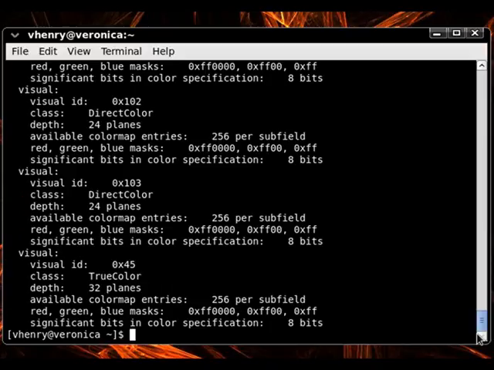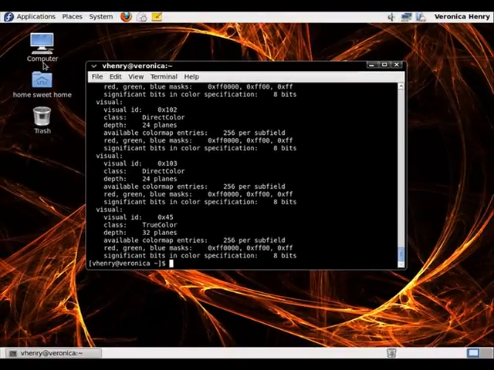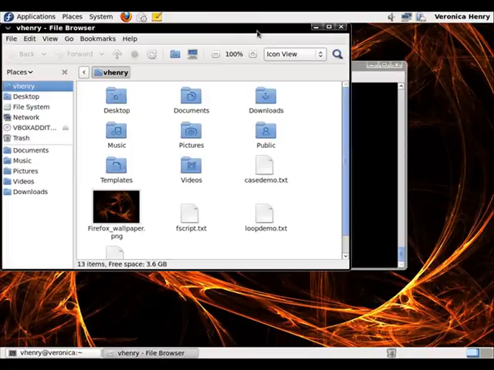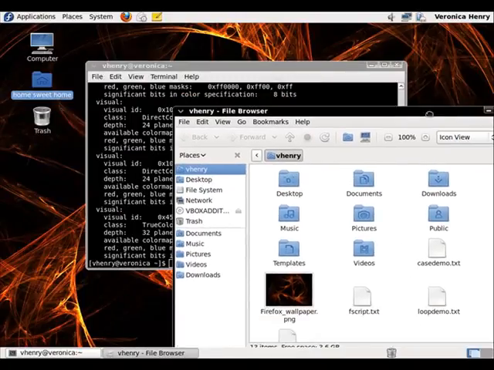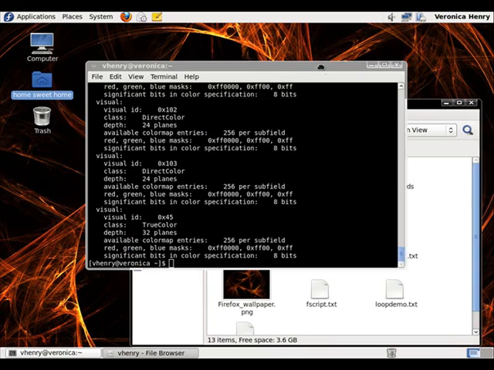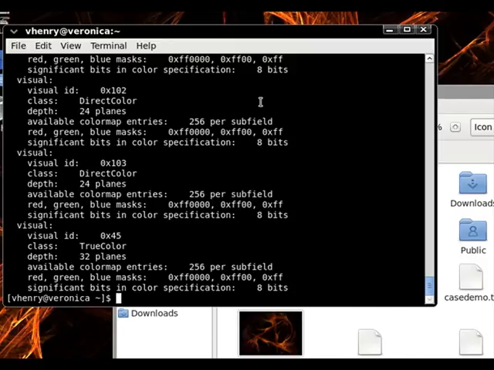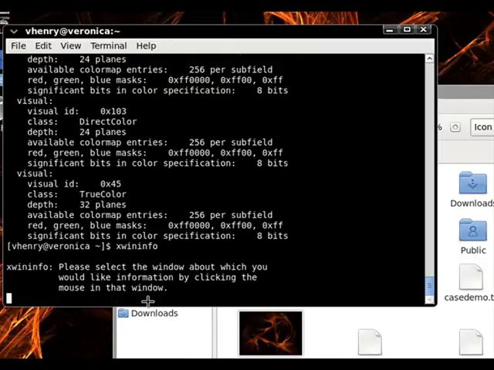But first I'm going to open another window. Let's just open our home directory here by double-clicking, and we'll move that over here to the side. Bring that one back forward. Okay, now let's type in xwininfo. Let's make sure we spelled it correctly and hit enter. Now let's click